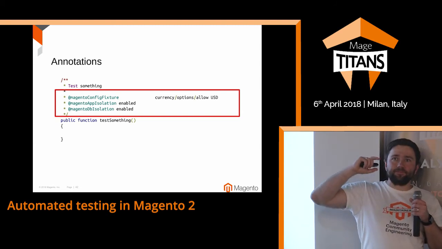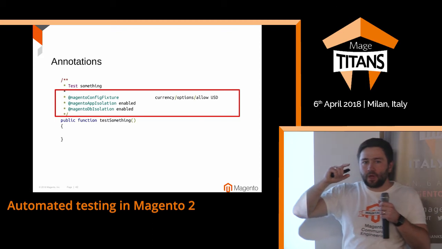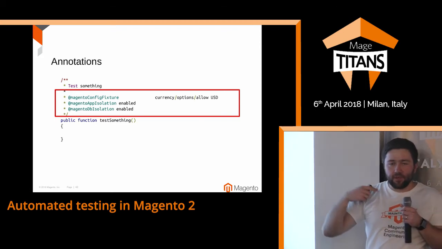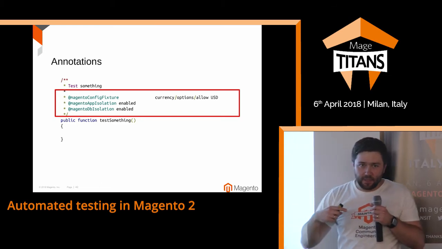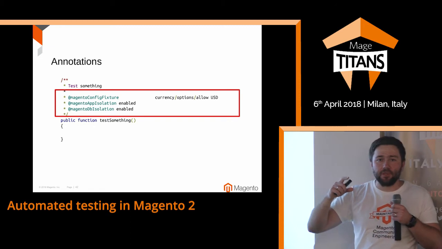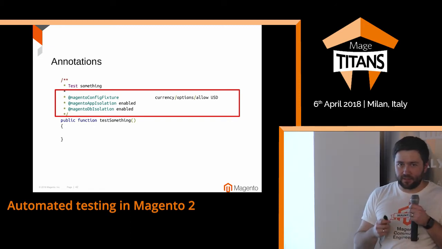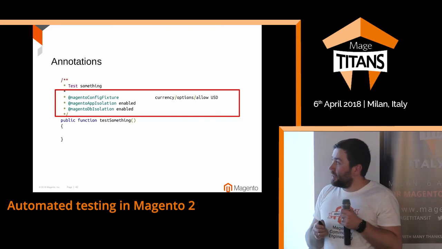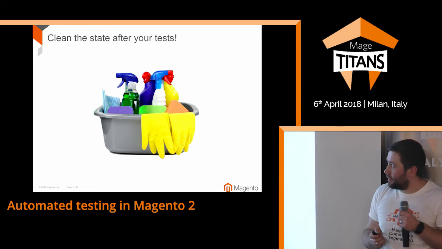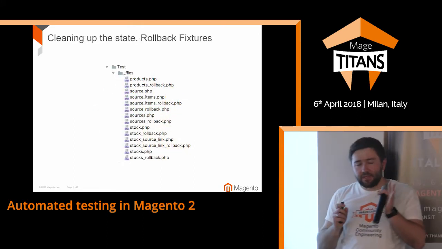When you use DB isolation, the Magento integration framework wraps your testing method with a transaction. That's why you can, for example, change some data in the database, but as soon as it's wrapped into the transaction, after the test execution the transaction will be rolled back and you will get the clean state back. But sometimes, yeah, it's pretty important to clean up after yourself. But sometimes it happens that you have